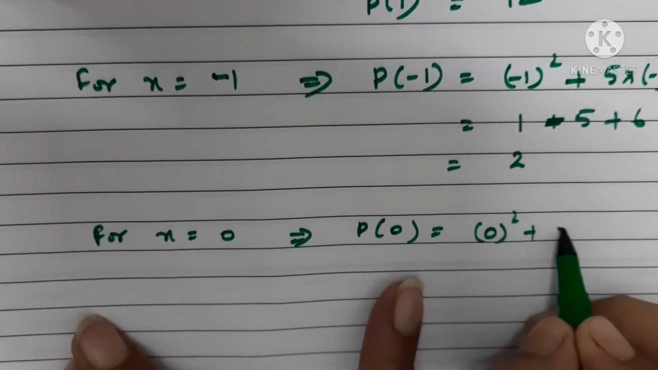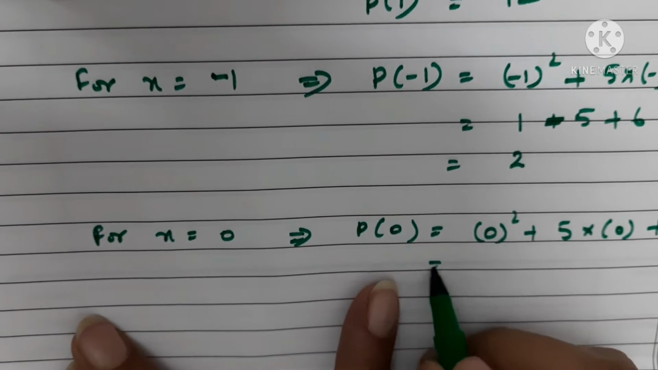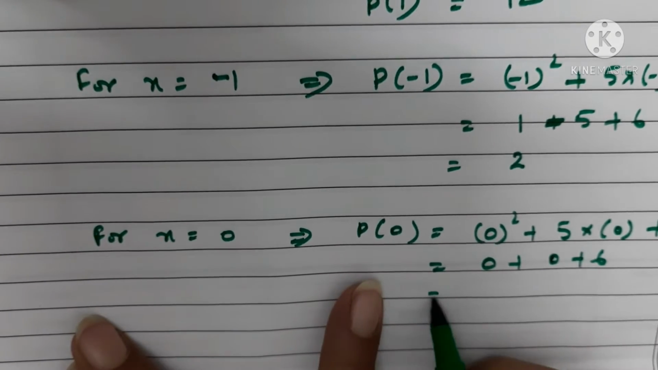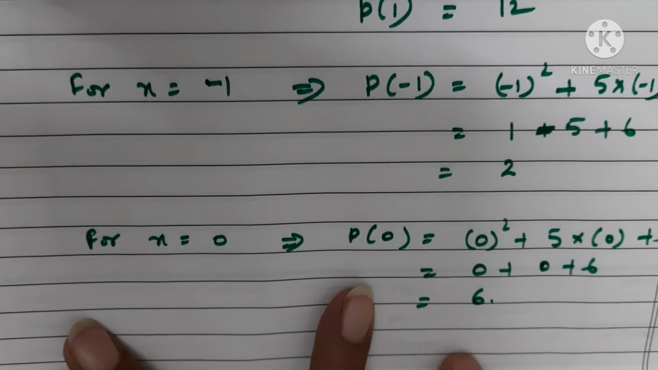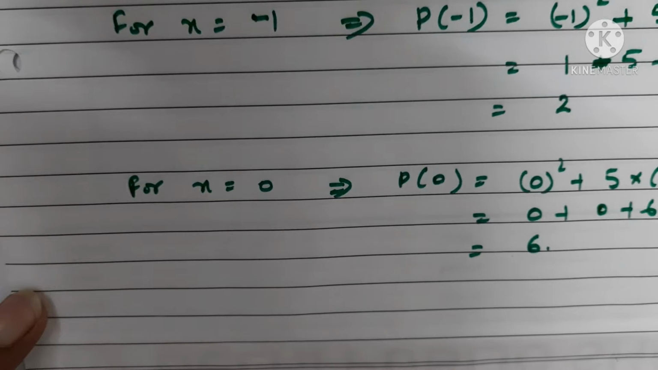0 square plus 5 into 0 plus 6. What do you get? So 0 plus 0 plus 6, you are getting 6. Isn't it? You are getting here 6. Now let's try to find the value for